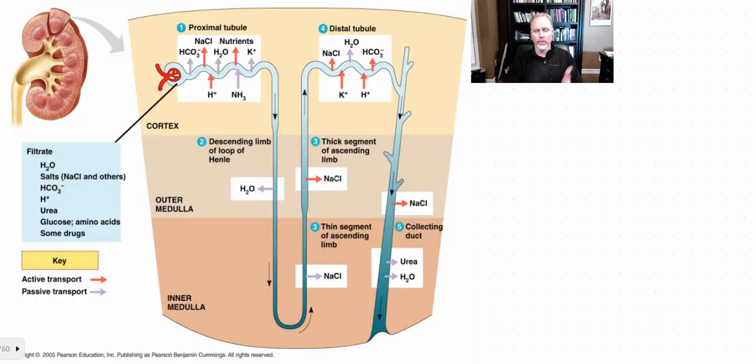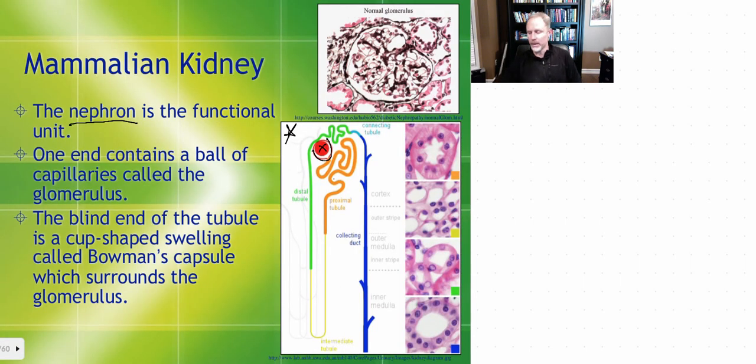And you can see we're going to be looking at this type of diagram here to show really what's going on. We've got the proximal tubule, or the proximal convoluted tubule. It's all convoluted or wound up. You're going to be reabsorbing some nutrients there. You've got what's referred to as an intermediate tubule, which is also called the loop of Henle. And then you've got a distal tubule, or a distal convoluted tubule. It's all convoluted there too, where you're going to reabsorb other things.